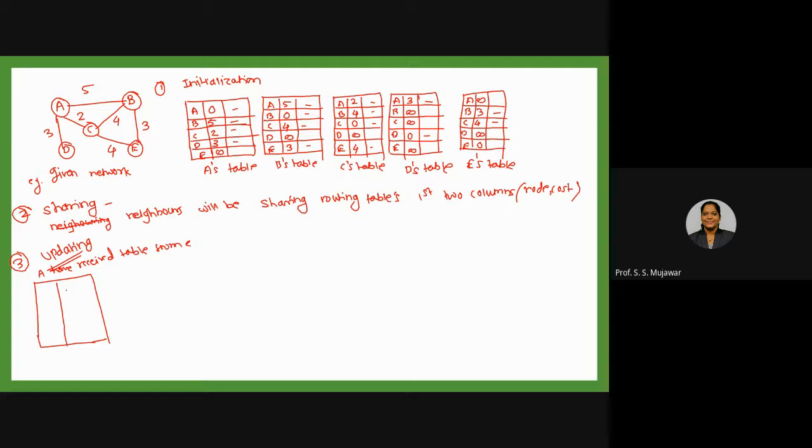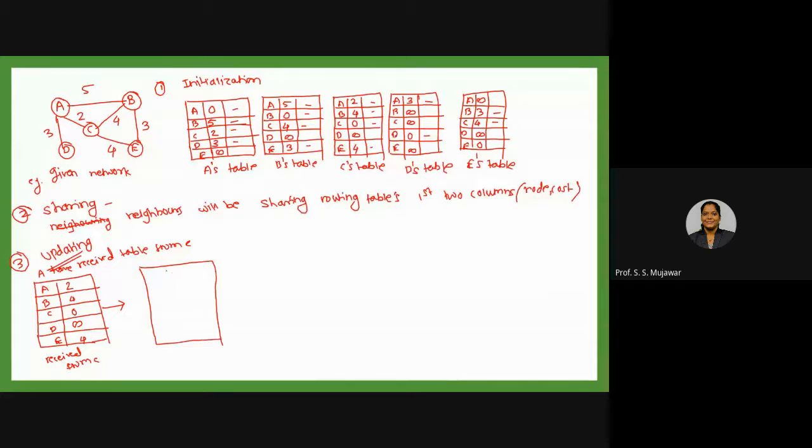Which values? These values, A, B, C, D, E: 2, 4, 0, and 4. C sent this to A. This is received from C.